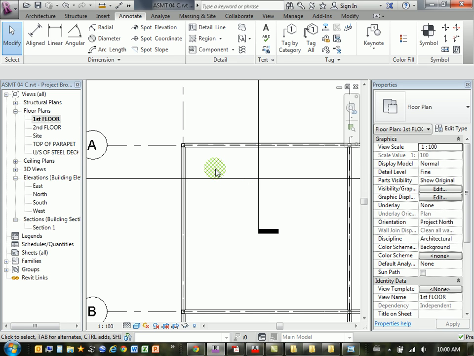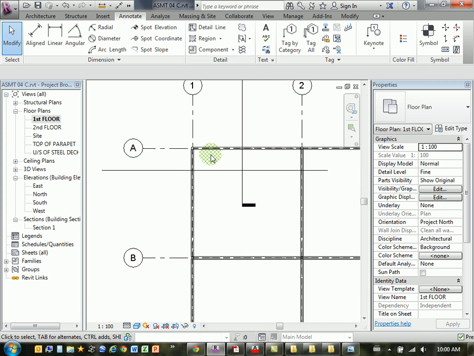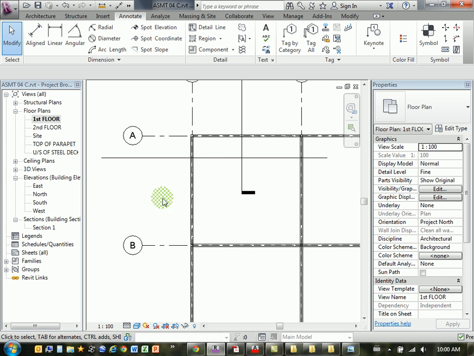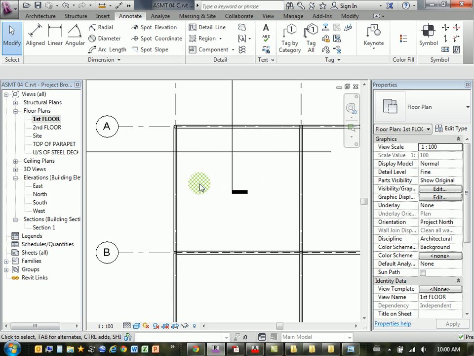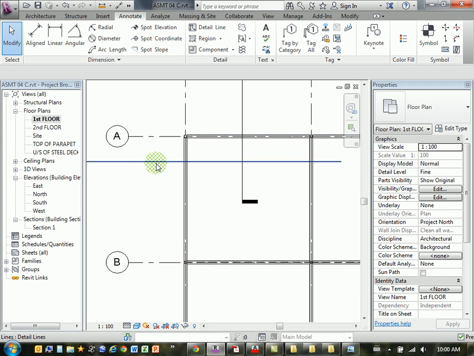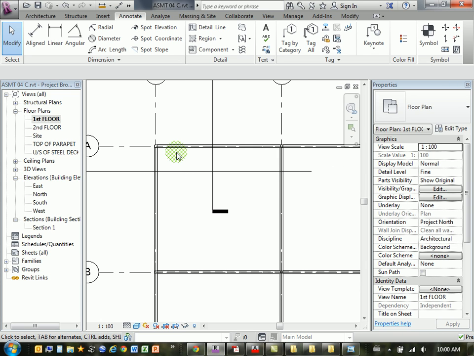Okay, so without that 2D line, I wouldn't know where to place the joist. Now, I'm not going to bother arraying this because I know that once I've got the first one in place, all I have to do is just do a copy 1500 millimeters to that side, 2 additional ones, and then I'll have 4 spaced evenly in this structural bay. So with that in place,